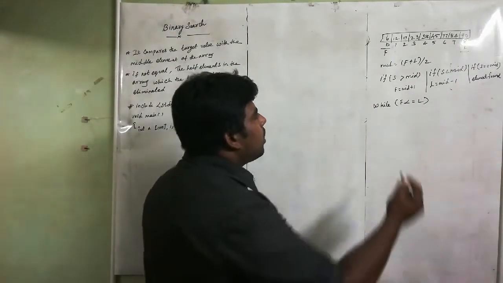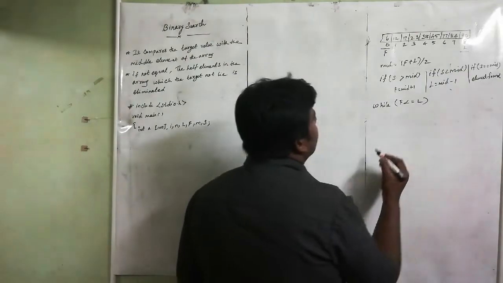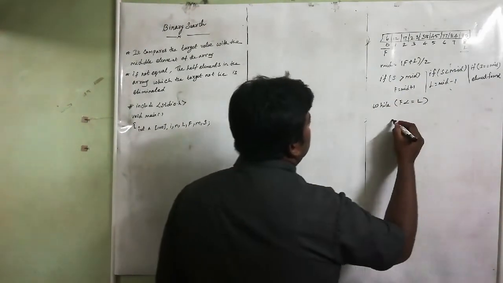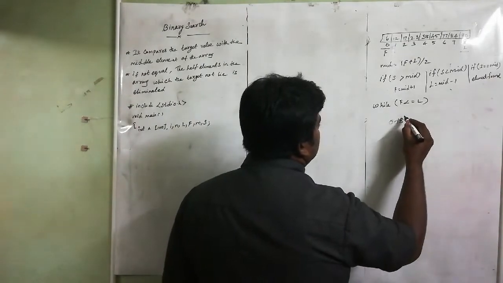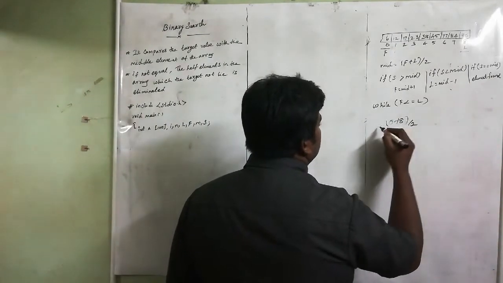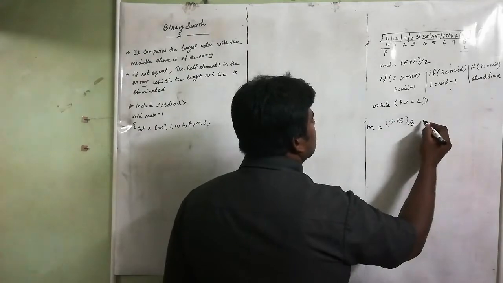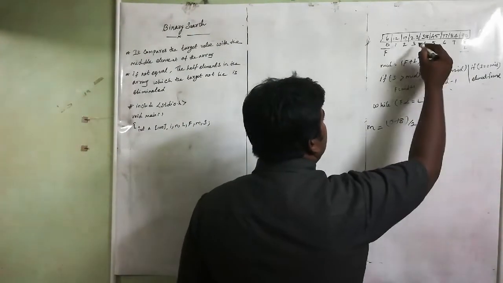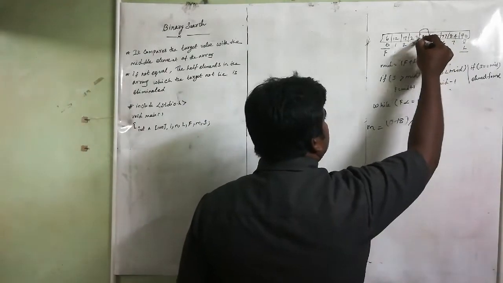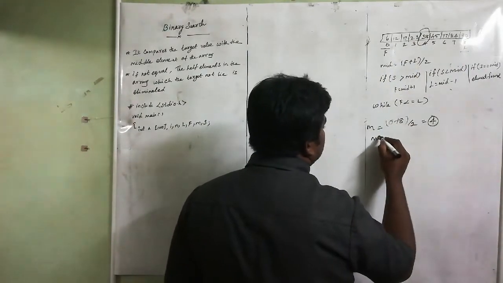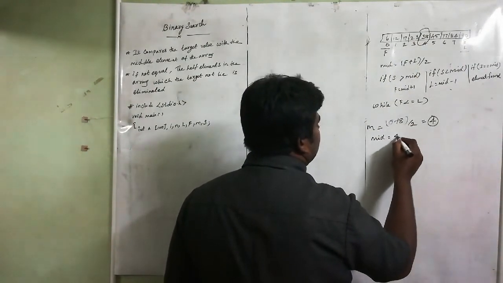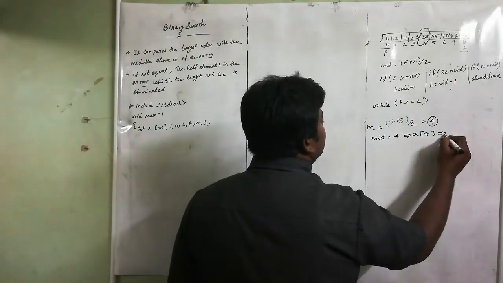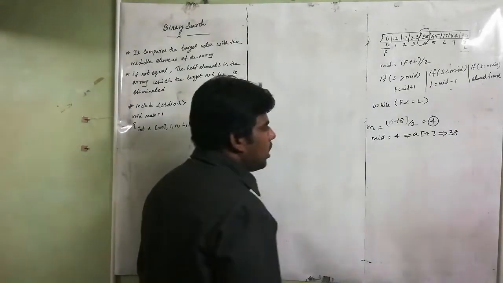How to find the middle? First plus last divided by 2. This is the formula: (first + last) / 2. So (0 + 8) divided by 2. This is mid. 8 divided by 2, 4 twos are 8. So 4 is mid. So where is 4? This is the mid. So mid is 4, which means A of 4 is 38. 38 is the middle element.